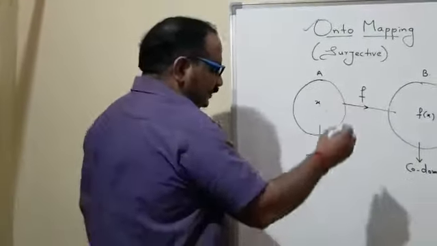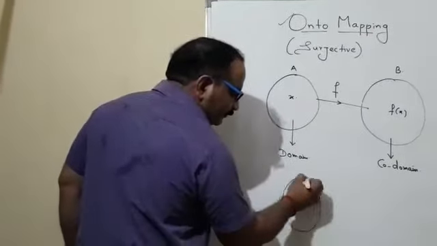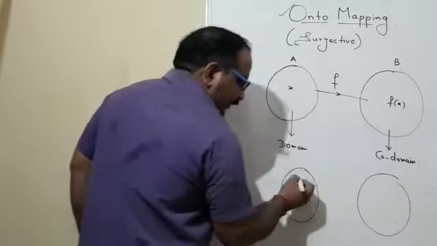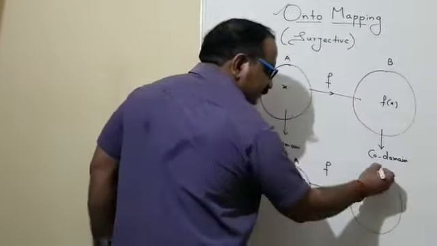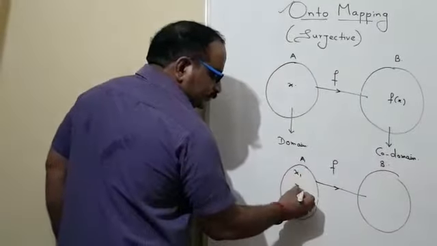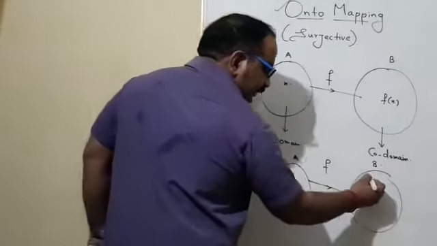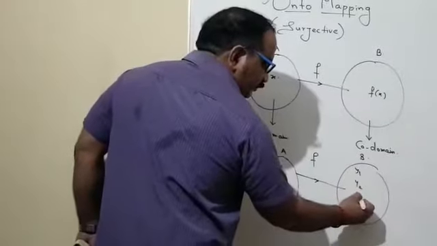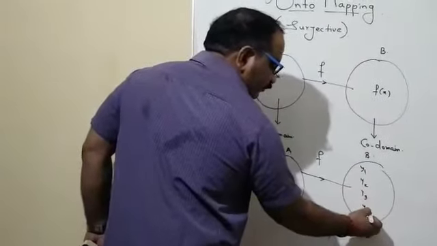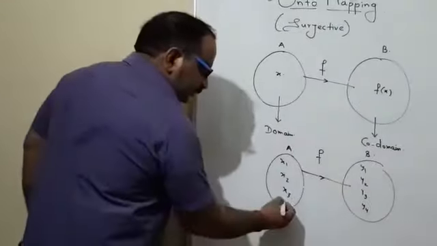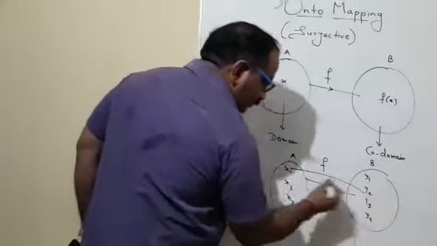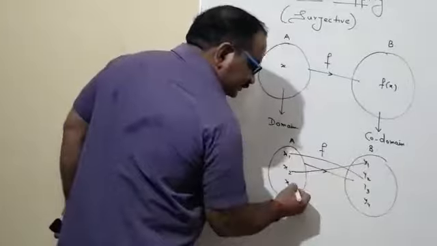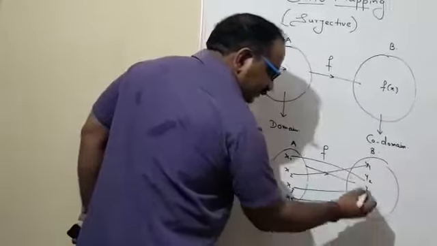So, definition-wise, let me give an example. Here is a function f. This is set A, this is set B. I have the elements x1, x2, x3, and x4, and this time y1, y2, y3 and y4. Now the relations come to us: this one is mapped here, this one here, and that one here.